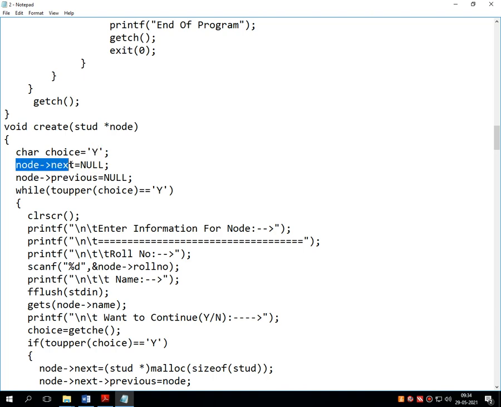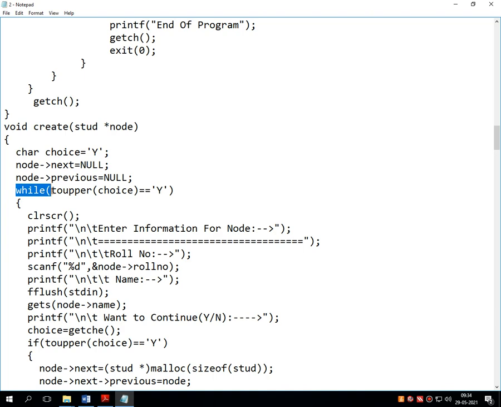But for the first node, in the next part it stores null, and even in the previous part it stores null, because after creating the first node, suppose I press n at the option want to continue, then the first node is the last node in the double linked list. So for that this particular thing will work.